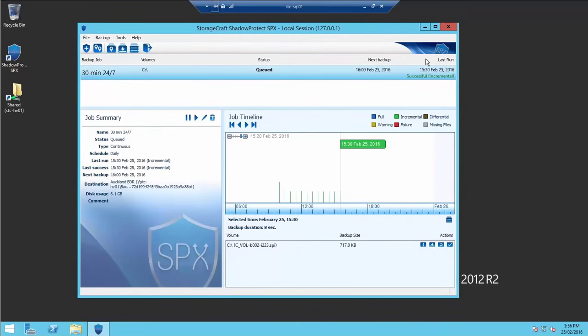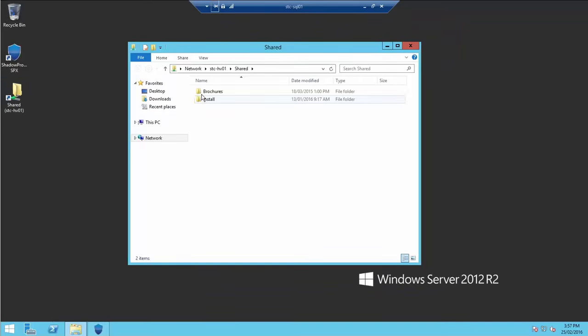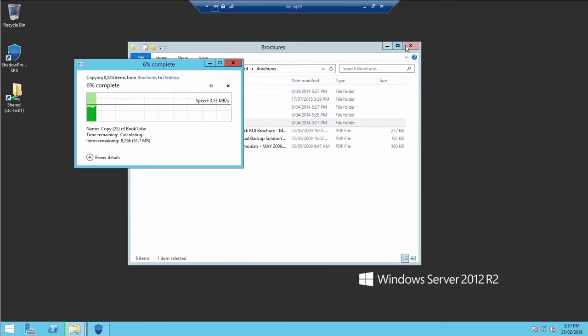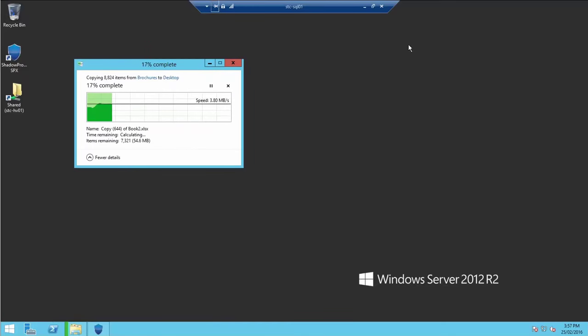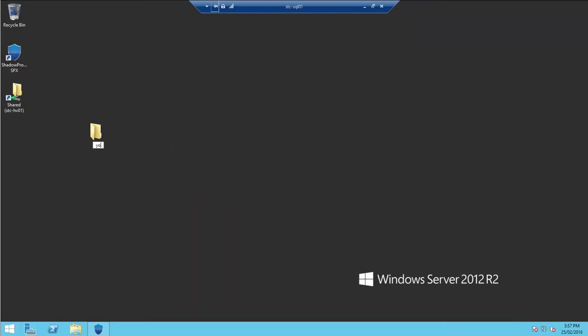So I've already got this job running. That's going all good. Perhaps what I'll do, to follow through a full demonstration here, is just copy a folder onto the desktop. And what we'll do here is I'll take a backup and we'll just go ahead and seed it up into the cloud and actually watch that come back up online. So once this folder is created, what I will explain here is that ShadowProtect is tracking these sectors in real time. So if I go ahead and call this YouTube